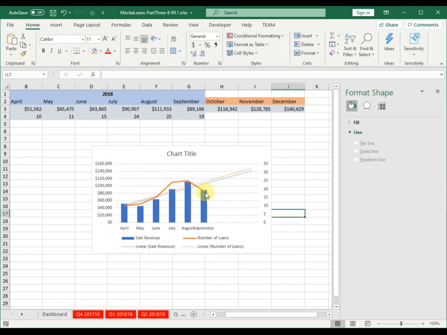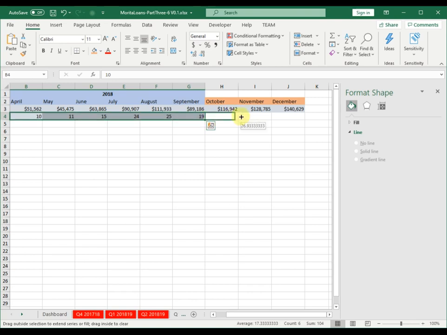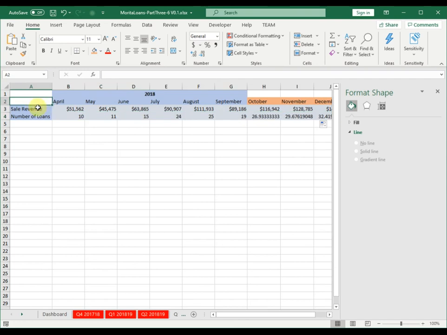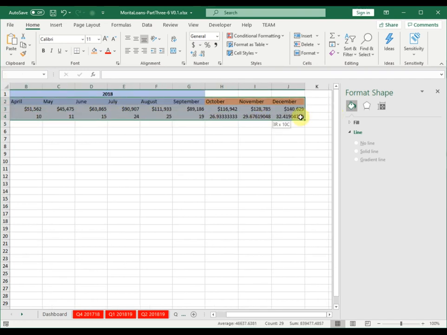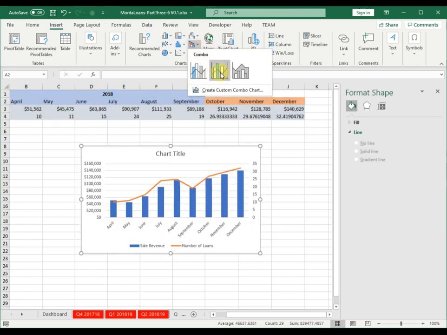But what you might find is that when you add trend lines, it's very difficult to add the October, November, December and so forth, and to see the amounts. So if I just delete this chart, I can do the same thing as I did before. I can use the fill function here to do predictions, forecasting, highlight all my data here, and do Insert combo with the secondary axis, and you see I get a nice